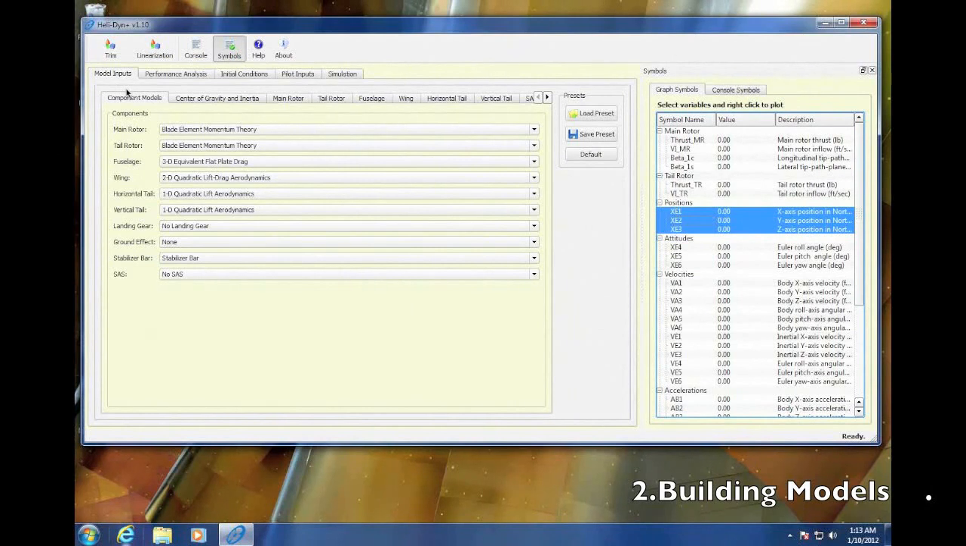What you need to model is simply geometric properties of the helicopter, inertial properties, and some properties of the dynamic components that you will use to model your helicopter. So it's using a component build-up system, where we are modeling the main rotor, tail rotor, fuselage, wing, horizontal tail, vertical tail, landing gear, one by one, and those components are added up at the end at the center of gravity in terms of forces and